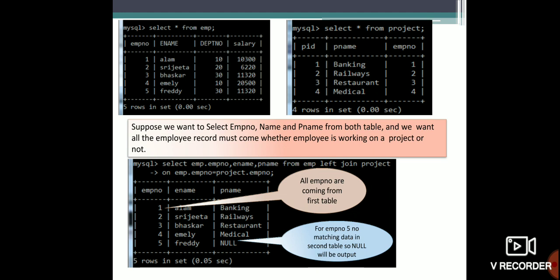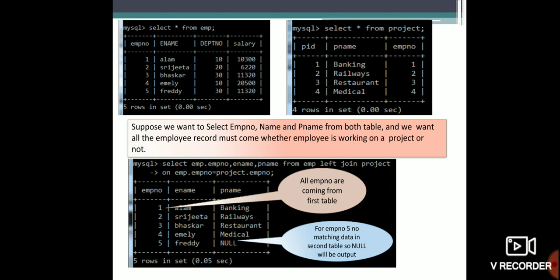Since employee number is the common column, we have to write employee.employee number. Comma ename comma P name. These three columns I have to display, and then I write from which table I have to take: employee left join project on employee.employee number equal to project.employee number.